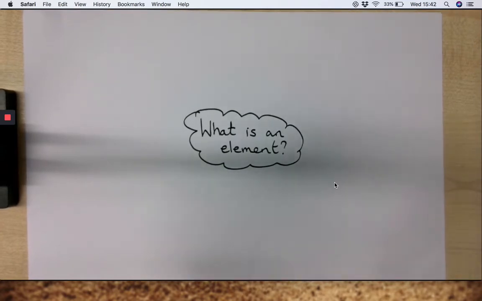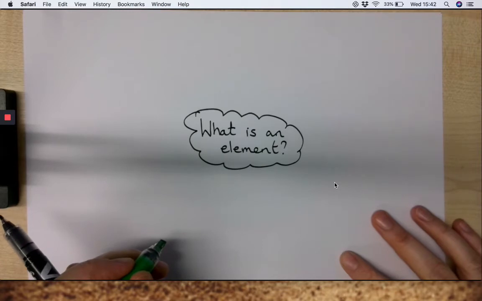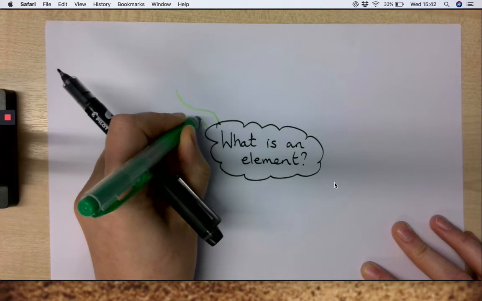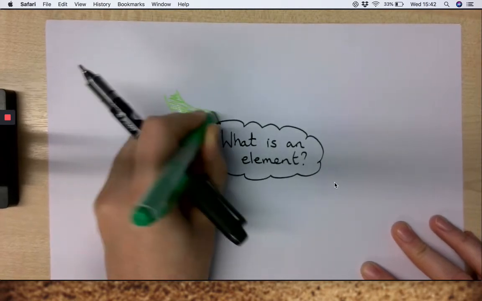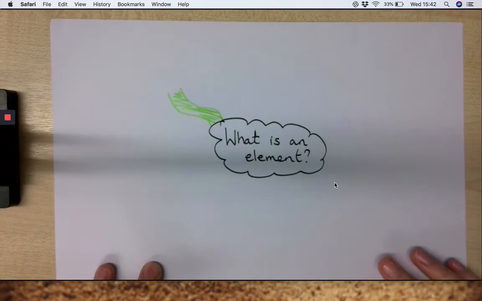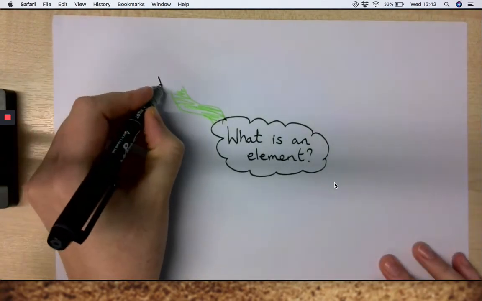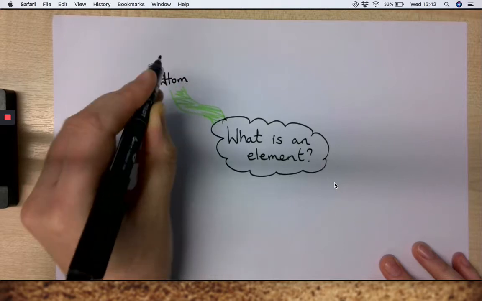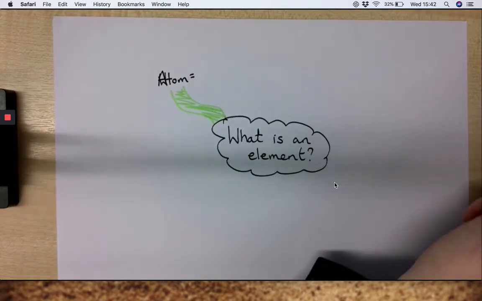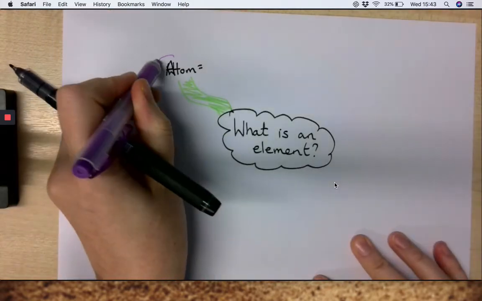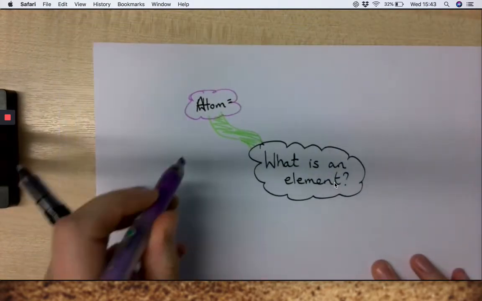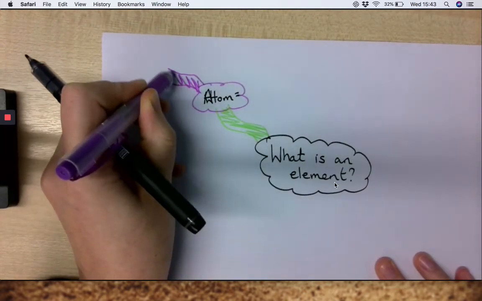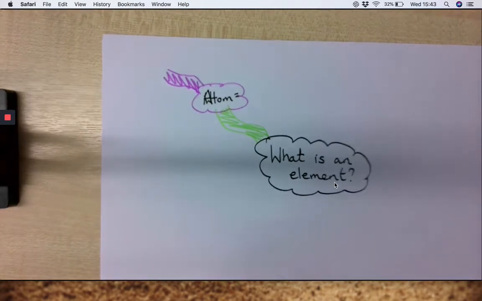I'm then going to use lots of different colours. So the first thing I'm going to do is I'm going to have one branch that comes off it like this, and I might colour that in to really make it pop off the page. And in here I'm going to talk about the next question. In fact, I'm going to change that. I'm just going to put atom equals, and then I'm going to put some different colours on that. So what does an atom equal? And I'm going to put another arrow coming out, another branch coming out across here, and then I'm going to start putting about